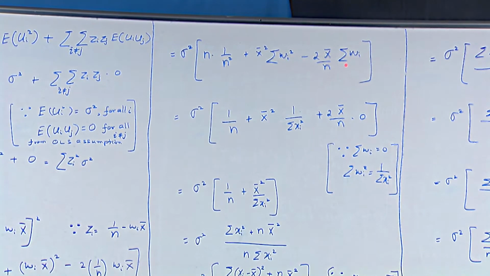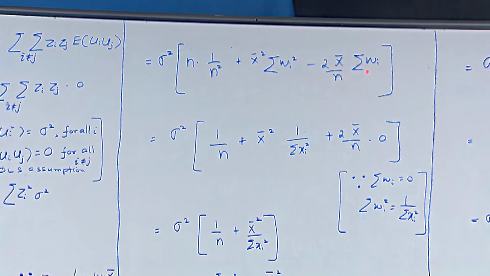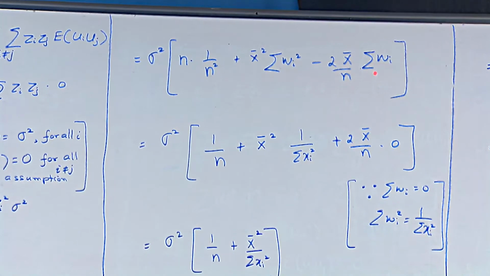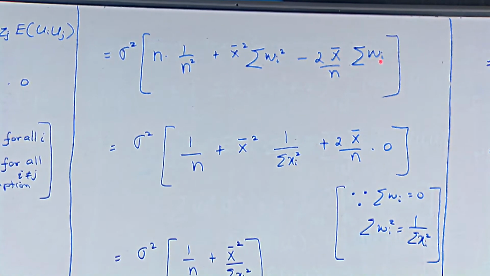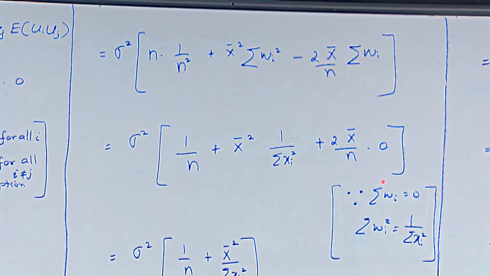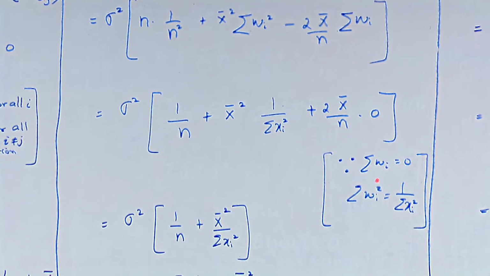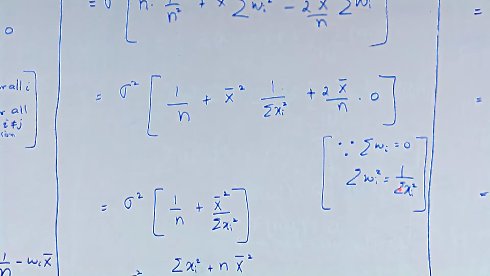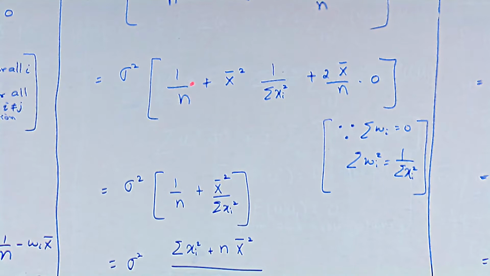Now we already know the values of sigma wi square and sigma wi. We have derived that in module 9. According to it, sigma wi is equal to 0 and sigma wi square is equal to 1 by sigma xi square. Substitute this value, we get